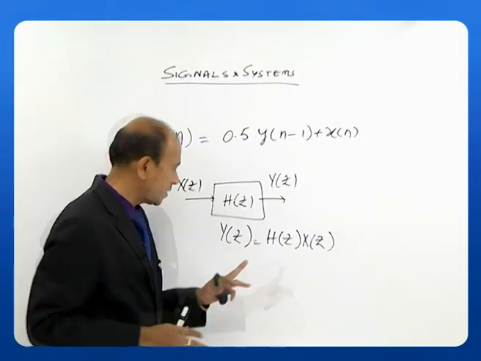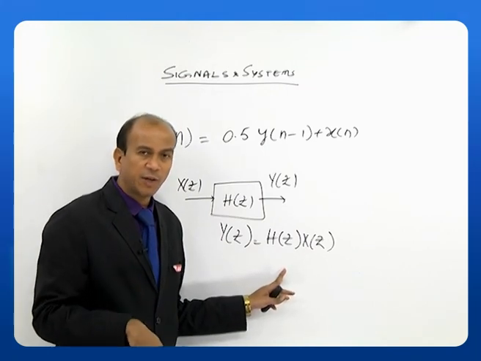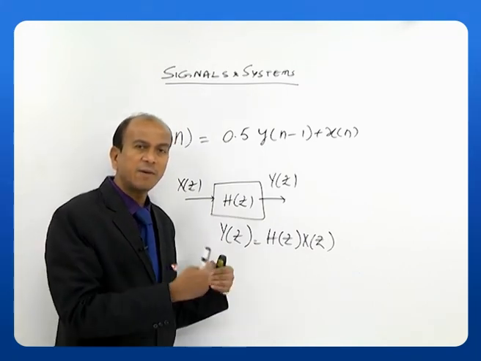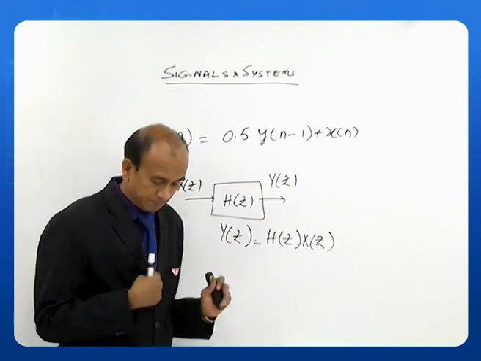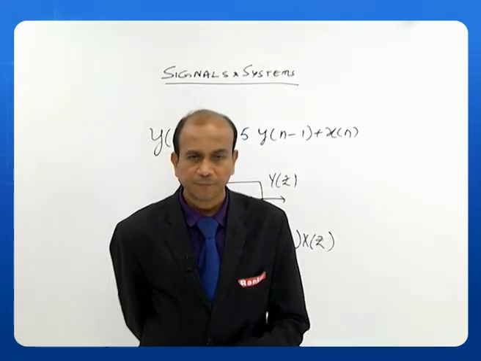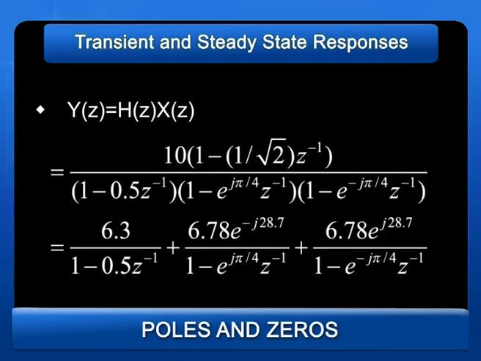Now we know what H of z is. X of z is already given to you. So multiplying these two and taking into consideration the initial conditions, I will get my value for Y of z. So let us do this here. We are multiplying, Y of z is equal to H of z, X of z. We know the value of H of z, we know the value of X of z, and after certain manipulations we got Y of z is equal to 6.3 by 1 minus 0.5